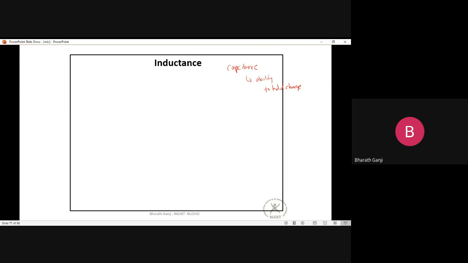So in the same way, inductance, instead of thinking of an inductor, okay. So just like when we instead of talking about